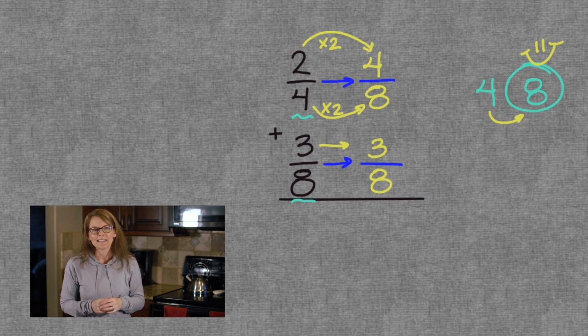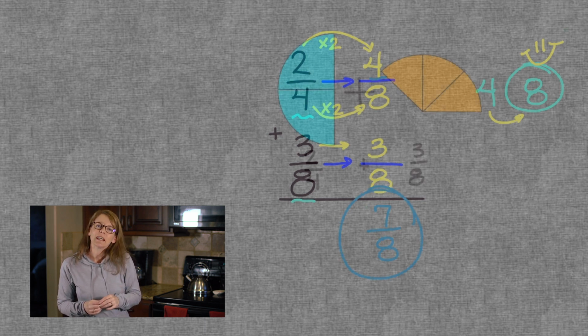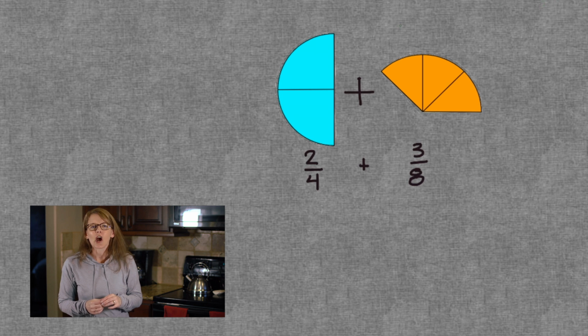Now we're ready to add. Add the numerators. 4 plus 3 equals 7. Keep the denominator of 8 the same for a total of 7/8. Quickly, I will show you what we did with pictures. Look at our odd shapes we were trying to add, but then we decided it wasn't just going to work out too well for us. I can cut each of these into 2 pieces, which makes them the exact size and shape as the 3/8. This will give us 7 pieces of the same shape, which are eighths of our circle.